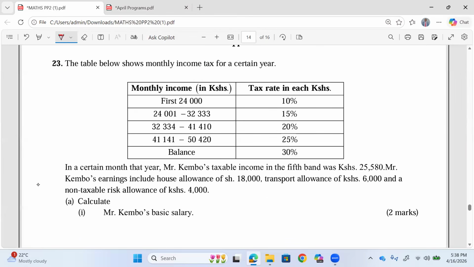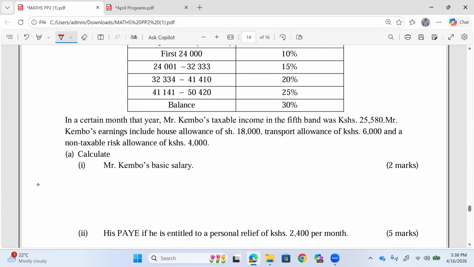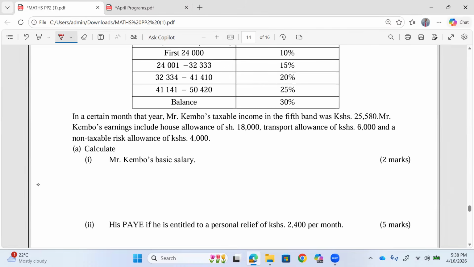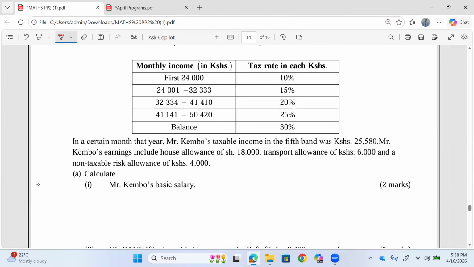We are told that the table below shows the monthly income tax for a certain year. We can see the brackets there. Then more instructions are telling us that in a certain month that year, Mr. Kempos' taxable income was in the fifth band. So we can check the bands here, 1, 2, 3, 4, 5. The last band, in other words,